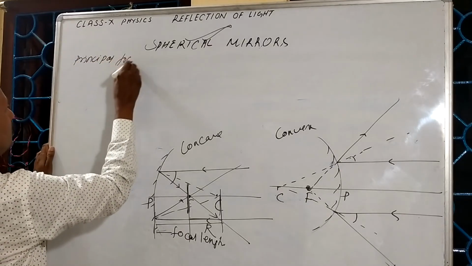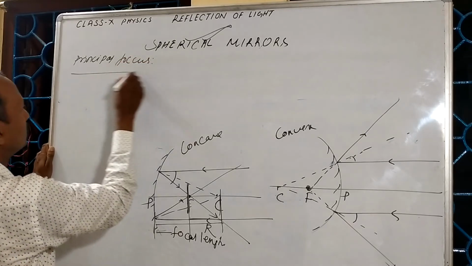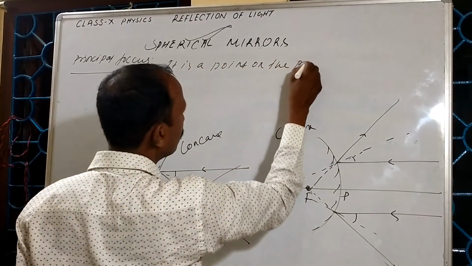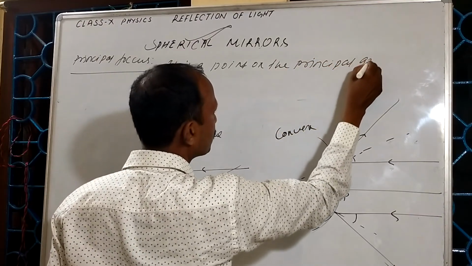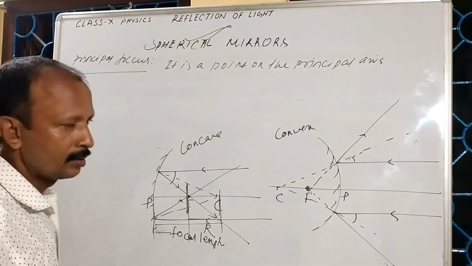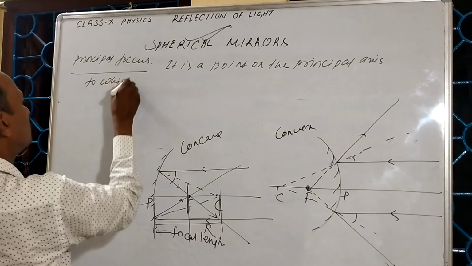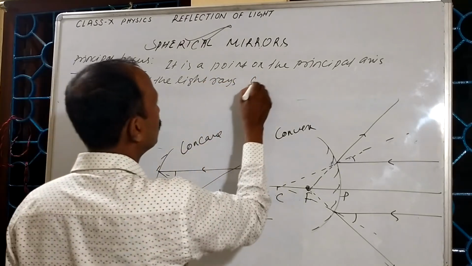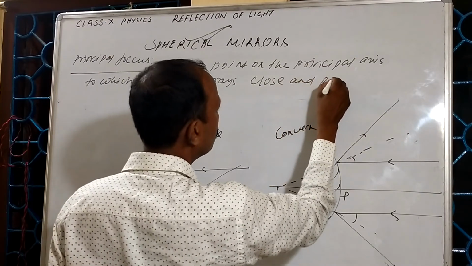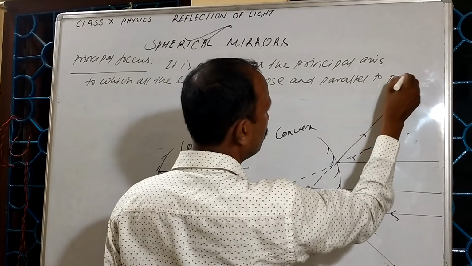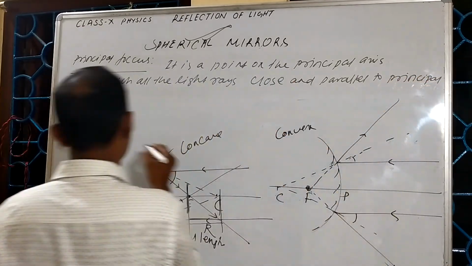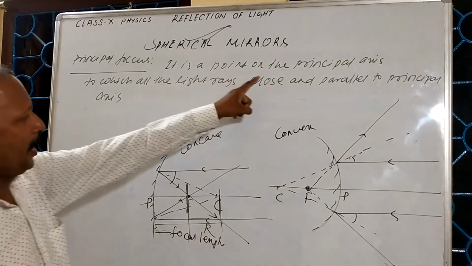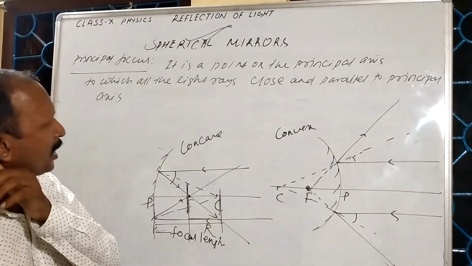Principal focus: it is a point on the principal axis to which all the light rays close and parallel to the principal axis